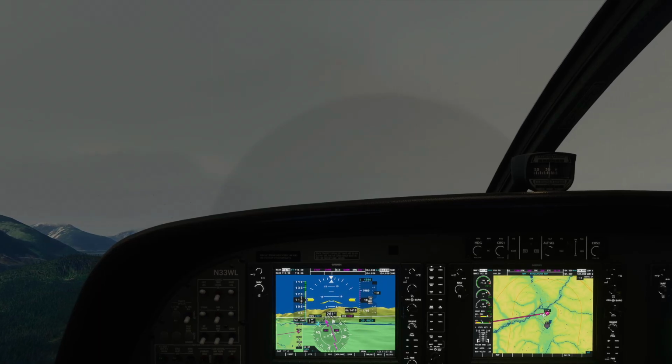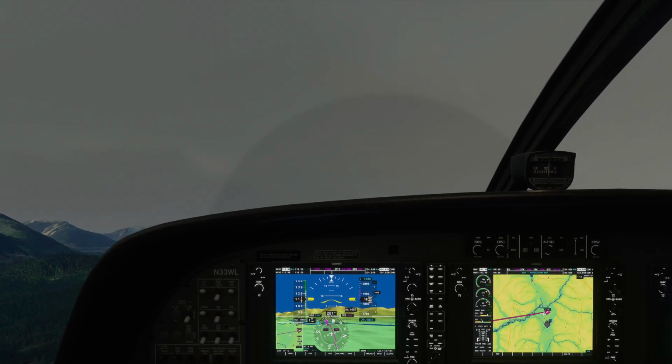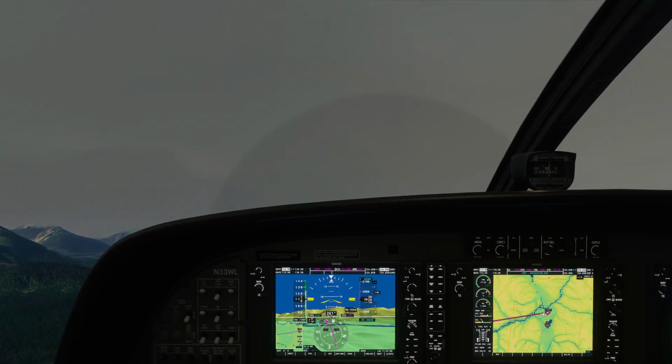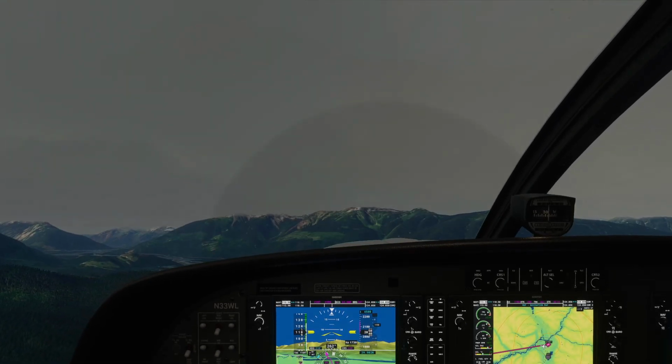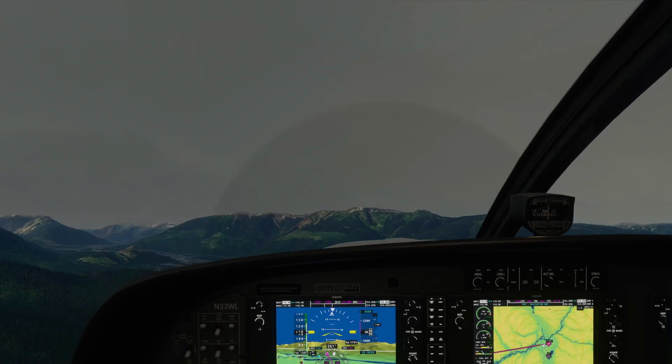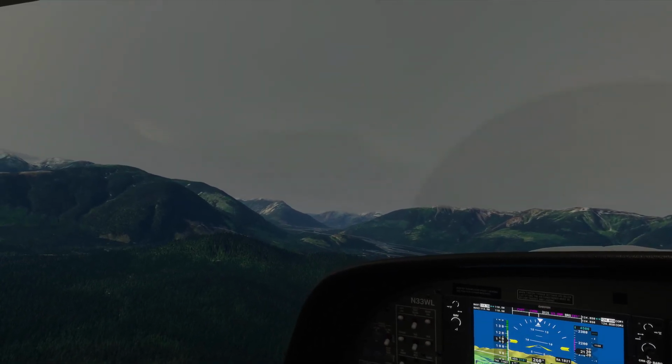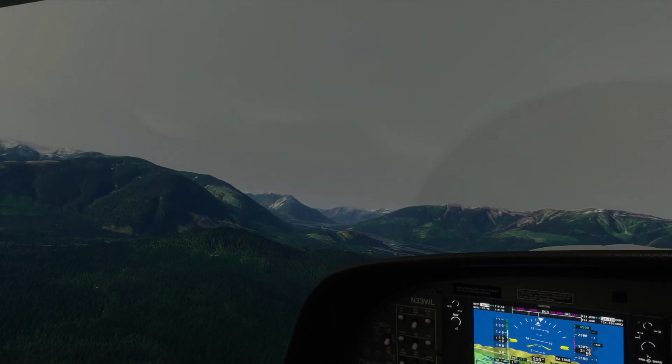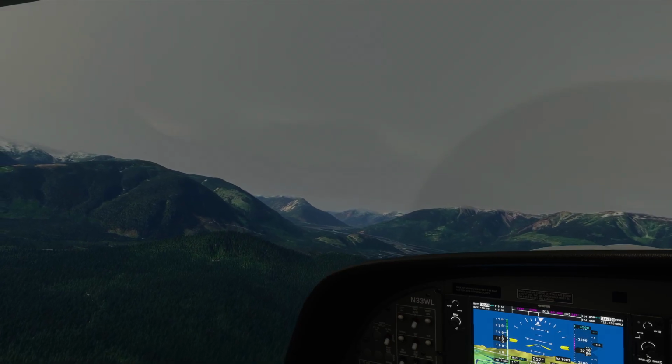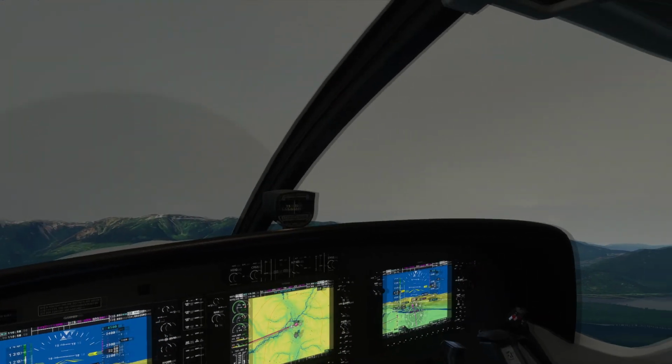We'll continue to climb up, and we'll see what we can get away with as far as our, call it a cruise altitude today. It's not much of a cruise, but let's take a look down this valley. Yeah, the tops of the mountains are basically closed in this kind of overcast layer,